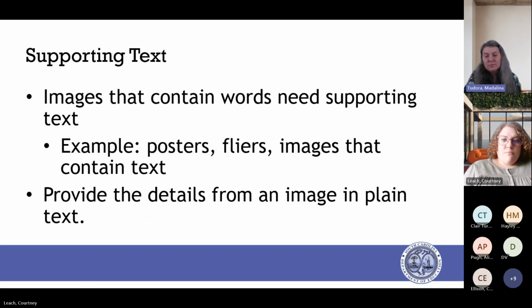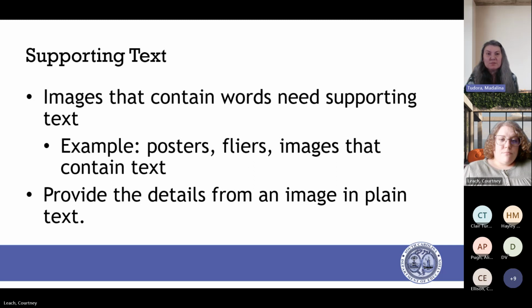So, supporting text. If you have complex images, as we talked about a minute ago, the amount of content you can input in alt text is limited.